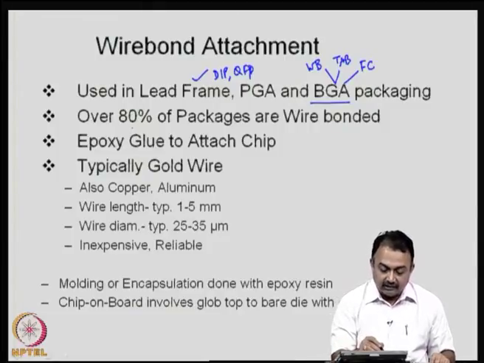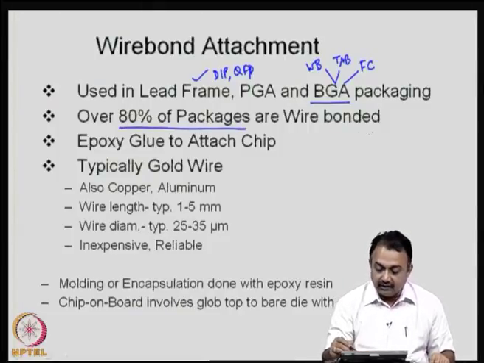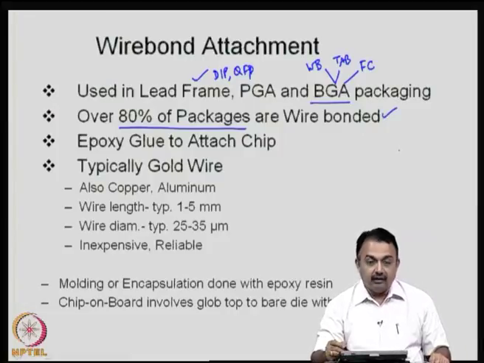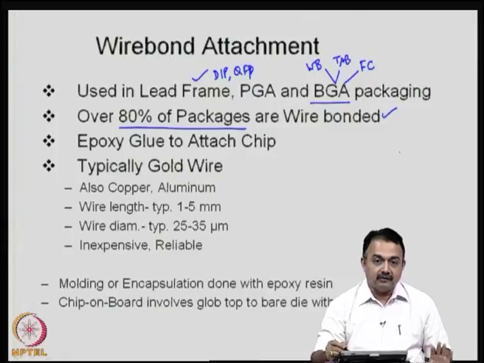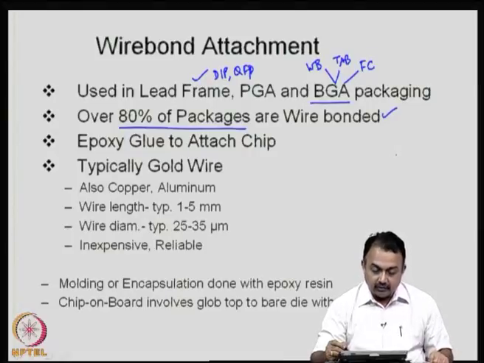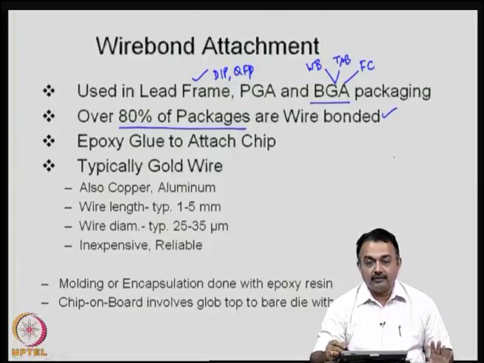But over 80% or 85% of the packages are wire bonded, because it is less expensive, more economical, the methodology is well established, the equipments are well known, and you can get a very high reliability and yield, throughput. So, yield and throughput are two different terms. So, from the equipment point of view, you want high throughput, but in the process wise we want high yield in terms of